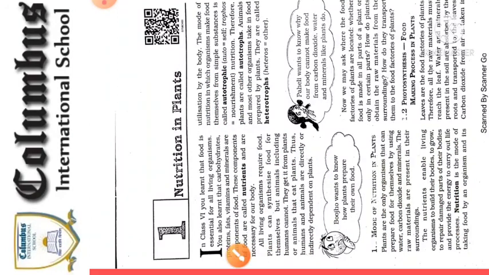Now we may ask where the food factory of the plant is located. For this we have to know how plants obtain the raw material from the surroundings, and how they transfer it to the food factory of the plant. These are the things you have to know, but firstly we have to learn what is written here, which is known as photosynthesis.